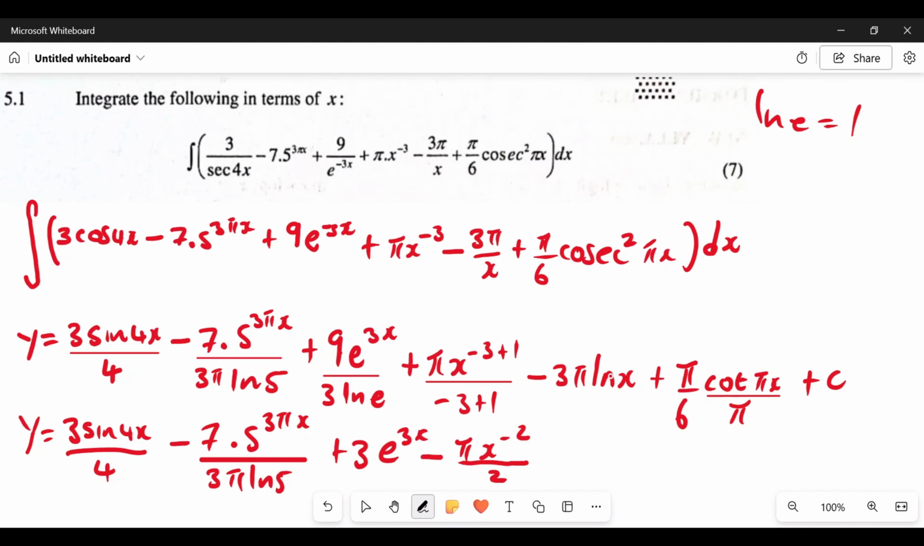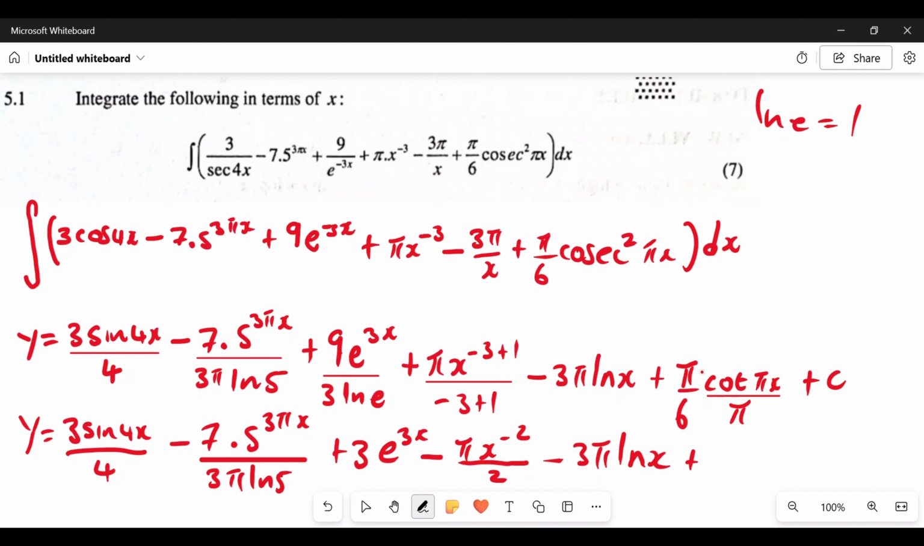Now let's look at the sixth term. The sixth term, everything is fine. It's simplified as it is. We're just going to rewrite it as it is: 3 pi natural log. And then the last term, which is pi over 6 multiplied by cot pi x over